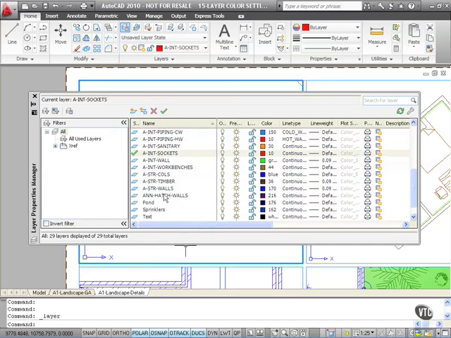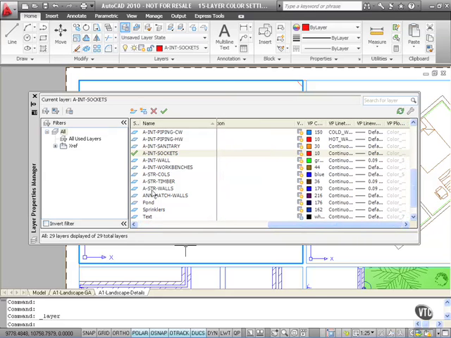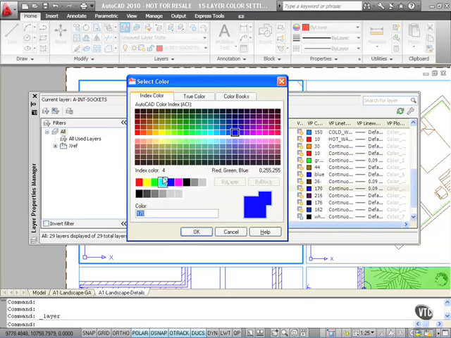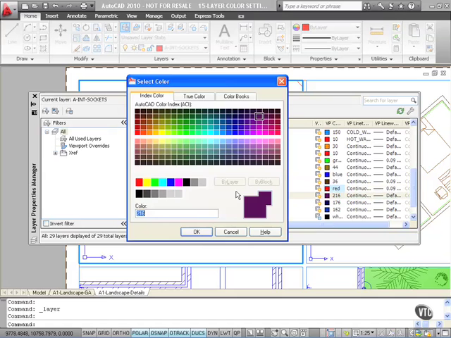I want them both to be red. So I don't change this colour here. What I do is I scroll across and I change this colour here. So there's walls. I change that colour there and I want it red. So I OK that. And I also go for the hatch and I want that colour to be red as well. So if I OK that now,